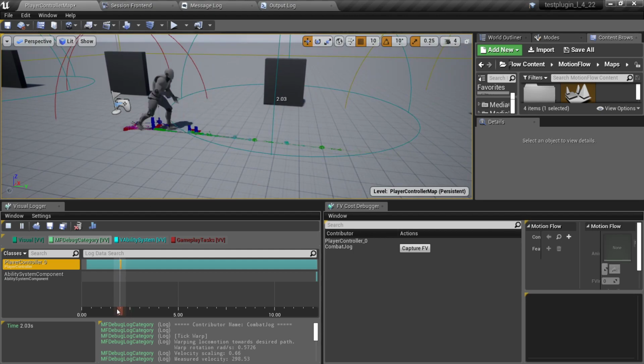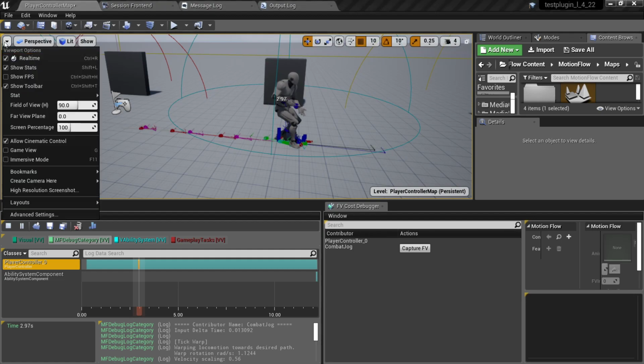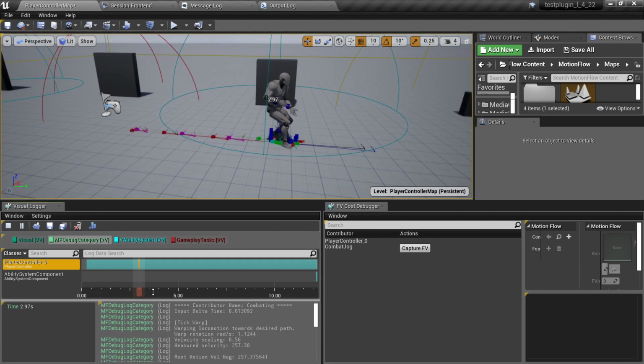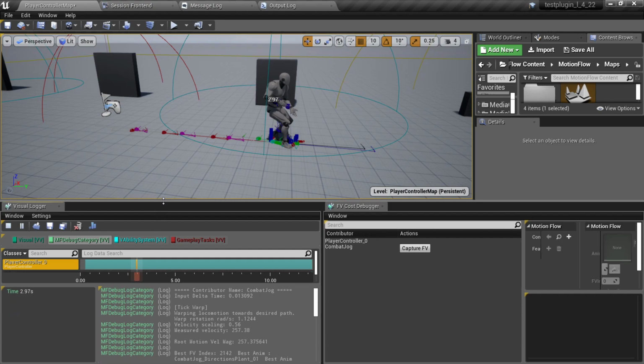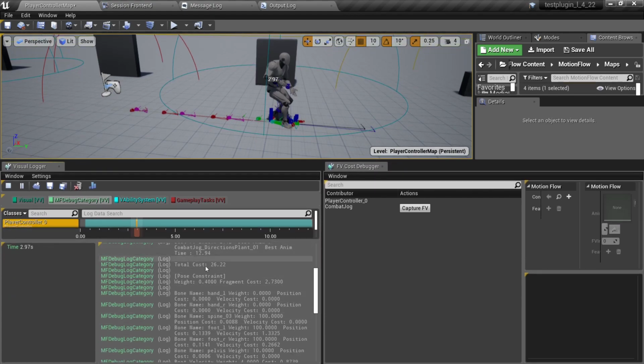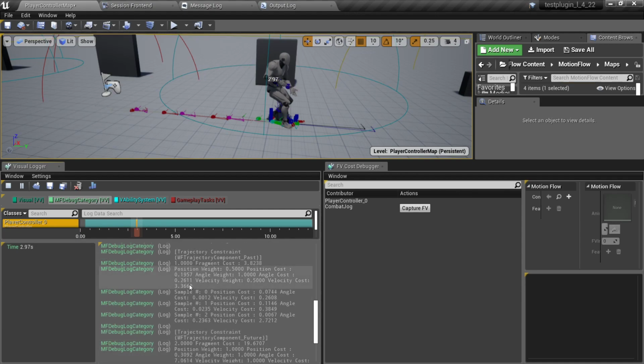If when you scrub, the character is not being updated, then what you need to do is go to your viewport, hit this triangle button, and enable real time, or you can press Ctrl R, which is a standard shortcut for this as well. The other thing to note is also the debug draw and the debug print that happens. So down here you can see the various costs and what the feature vectors the system has produced, or rather the feature vector fragment cost the system has produced, and different information like trajectory constraint has produced 3